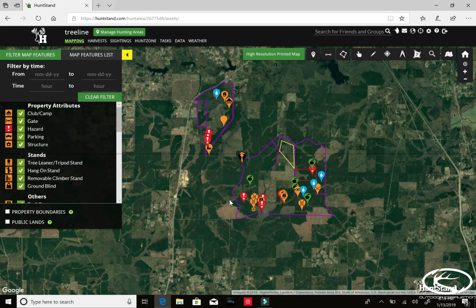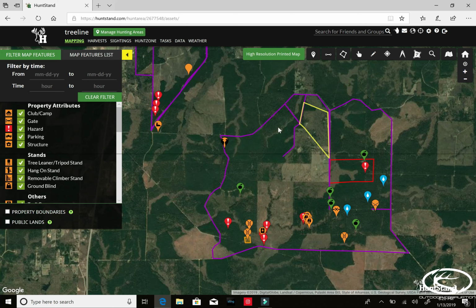So there's many different things, like I said earlier, that you can do with this that are free options. The things that are not free are parcel info. You will get a select few monthly that you can use. I don't know how updated they are, or not updated they could be, so that is the only thing that I'm not 100% aware on. The second thing is your high resolution printed maps, which you can get a printout of, whatever you want, your land, with icons or without icons, sent straight to your door. So we'll start out with,